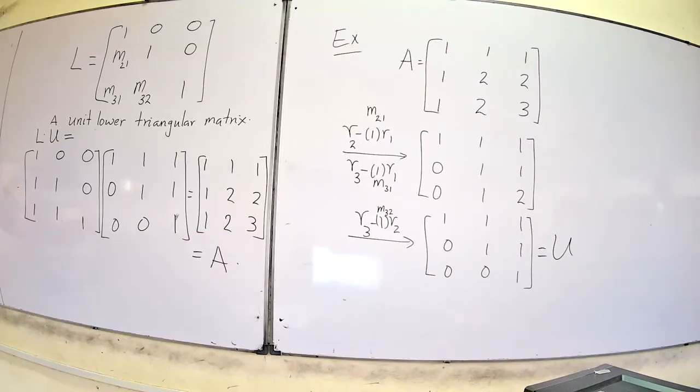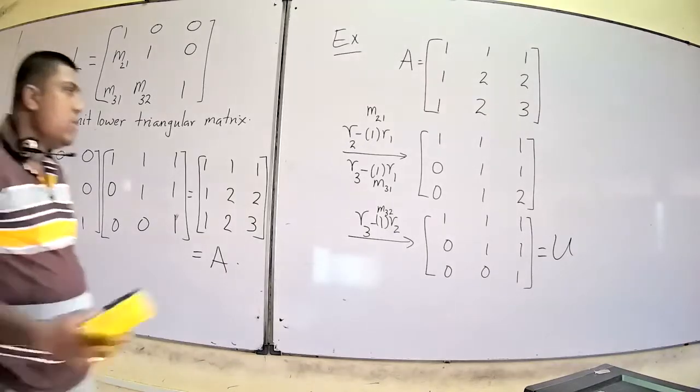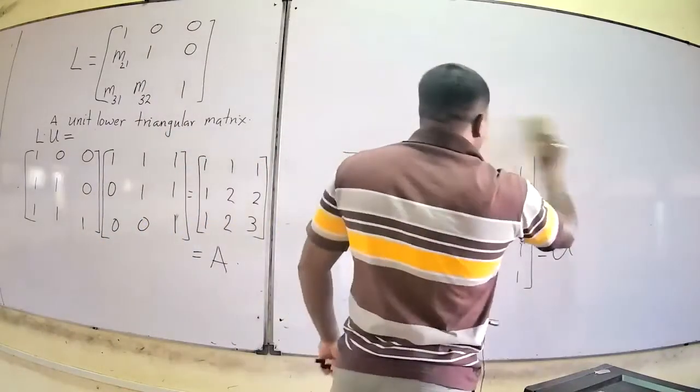Now, for example, we verify that it is working, and it is working. Now what we have to do is prove that when you multiply the unit lower triangular matrix, which is constructed like this, and the upper triangular matrix obtained by Gaussian elimination, we get A back. That is called the LU factorization of A, and that is what we are going to study next.